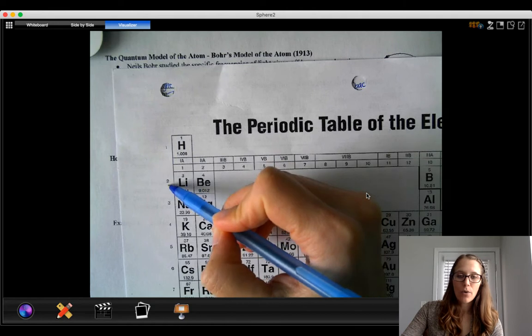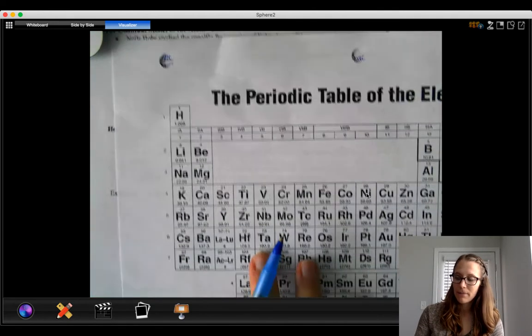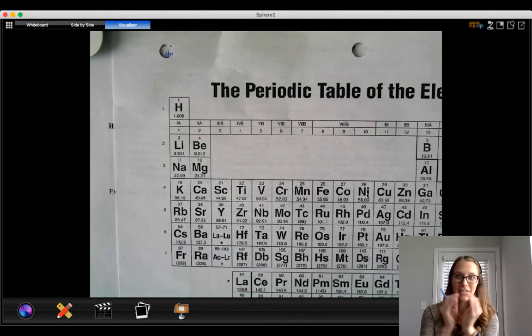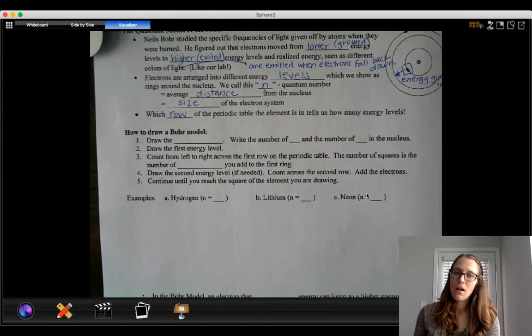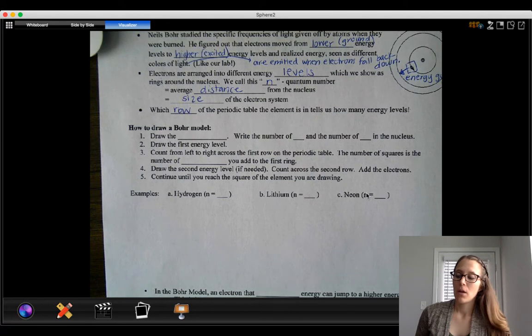Lithium is in row number 2. It would have 2 rings of electrons around the nucleus. Something like francium is going to have 7 rings of electrons around the nucleus. All right, with that being said, if we're going to draw the Bohr model, the first thing we're going to